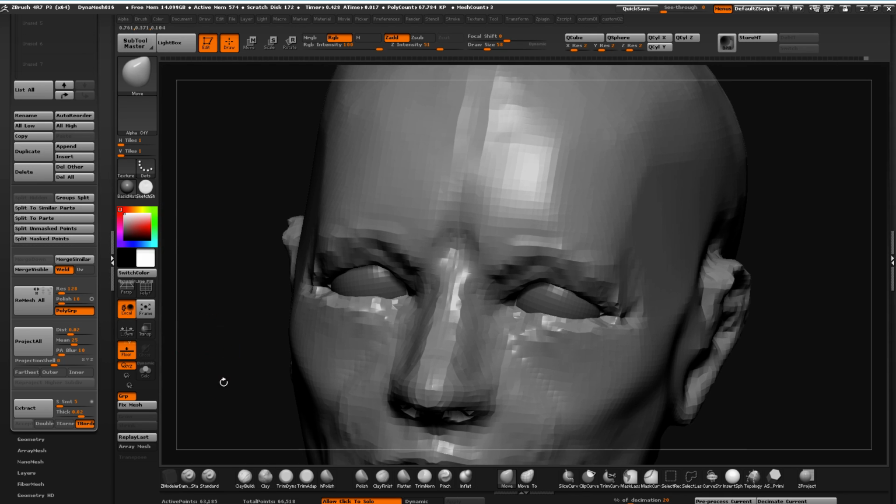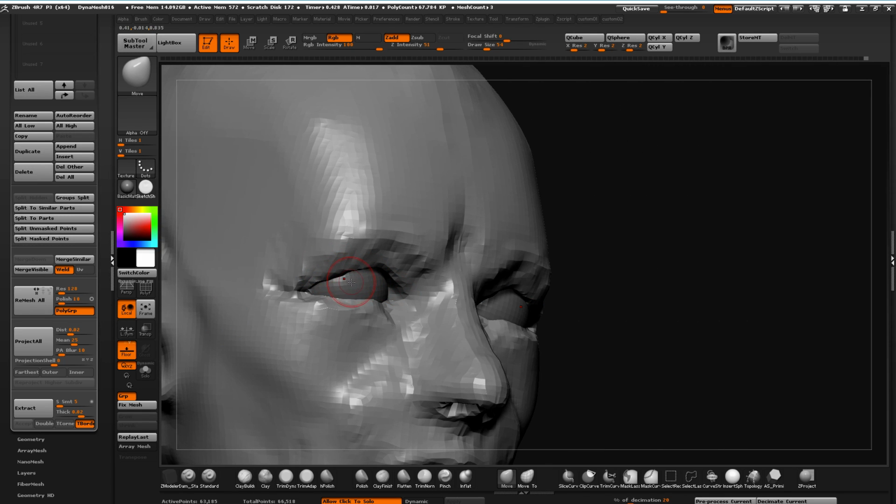What I like to do for the eyes, actually, so